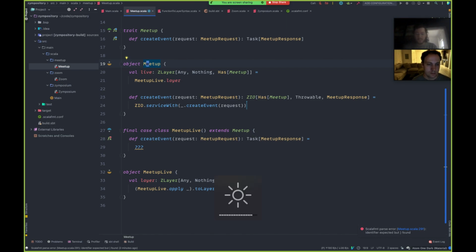This is just random opinions. But I find it nice if there's a lot of non-trivial logic in the layer construction. If it's in another package, you would obviously have to put it as layer in the implementation. And if it is not in a different package, it's nice to have in the companion object a live method and a test method, so you can always know where to look for your layers.